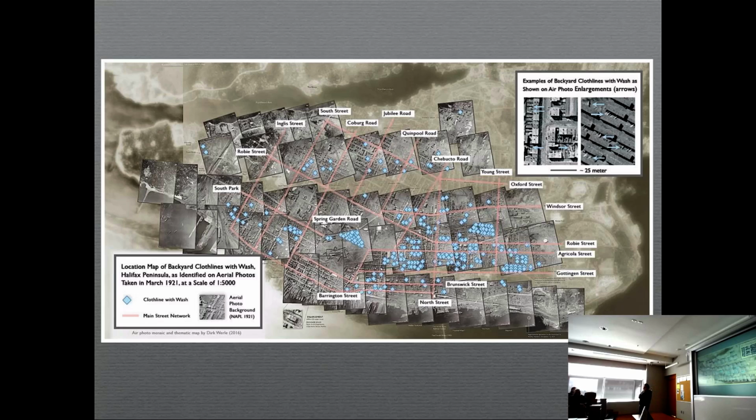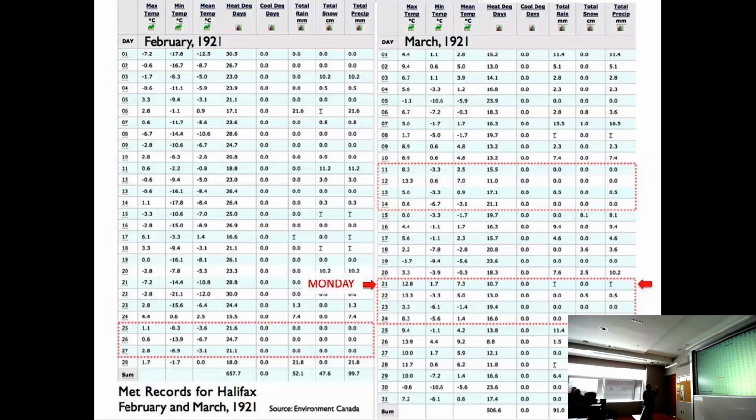Because in the old days, what was the wash day? Monday. So I said, this could very well have been a Monday, or it must have been a Monday. So I went back to the Environment Canada meteorological records for that period, where we had a very good day for flying, and where we still had frozen temperatures and snow and so forth. And I had 3 windows where it could have occurred.